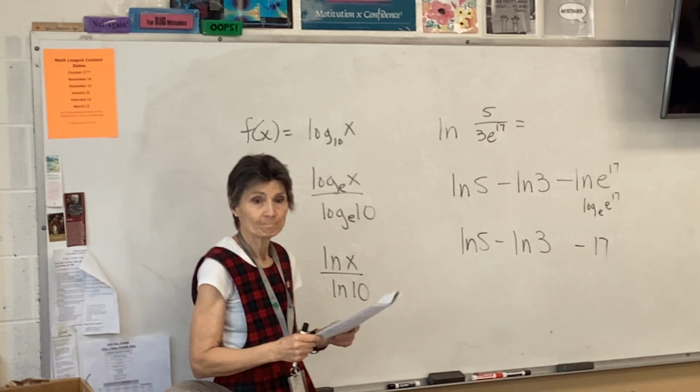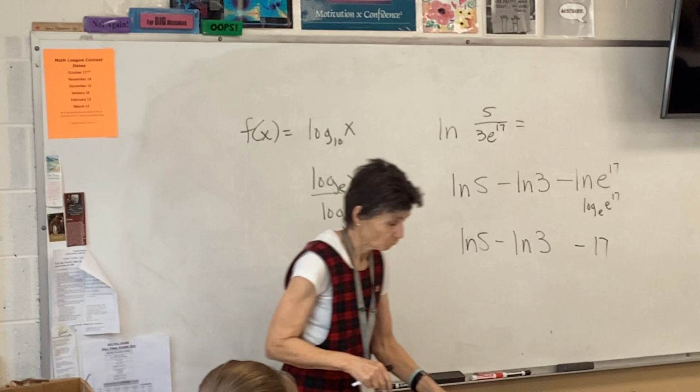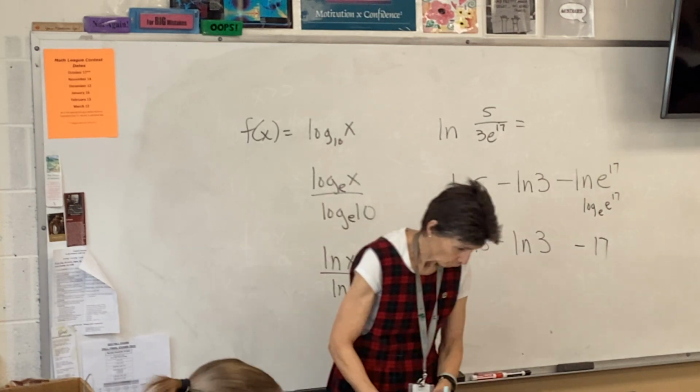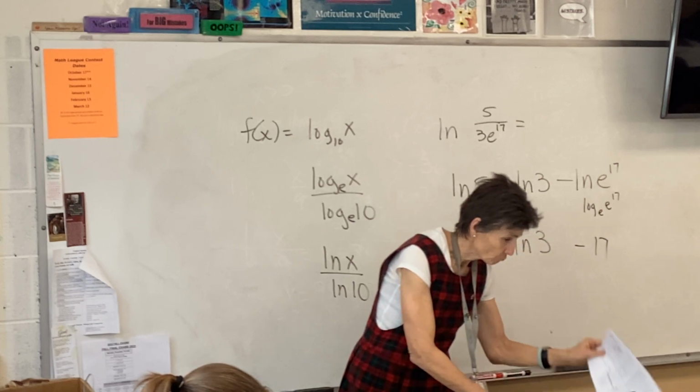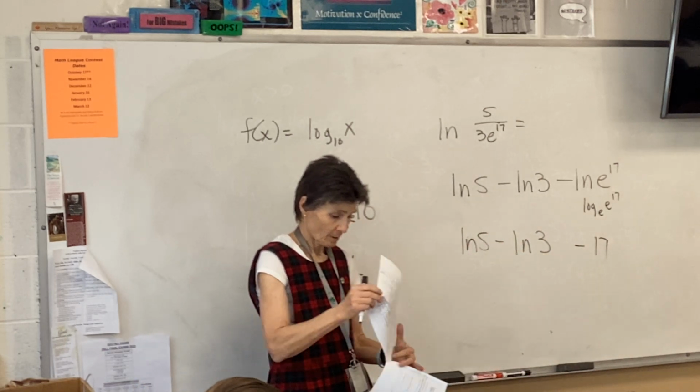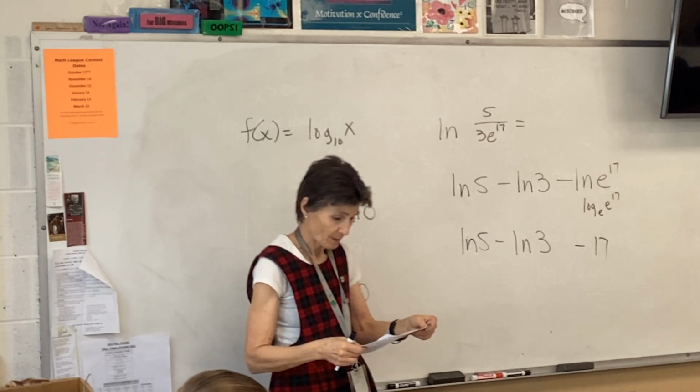Okay? On the review, could we do 1.6? Just like 1 or 2, just going over the end behaviors. 1.6, number